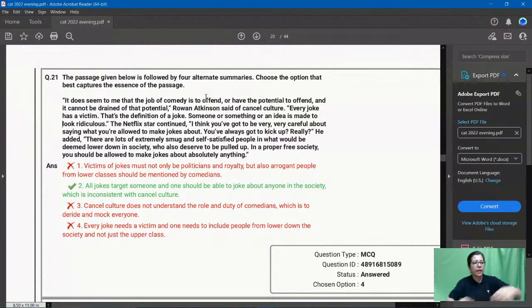So as I said in the beginning, I would give it a straight 7 out of 10. Not very tough, definitely, and not easy either. Purposely, they had given such ugly looking passages just to stump the students. But then, if the students are smart and if they follow my techniques, they have been able to do it.